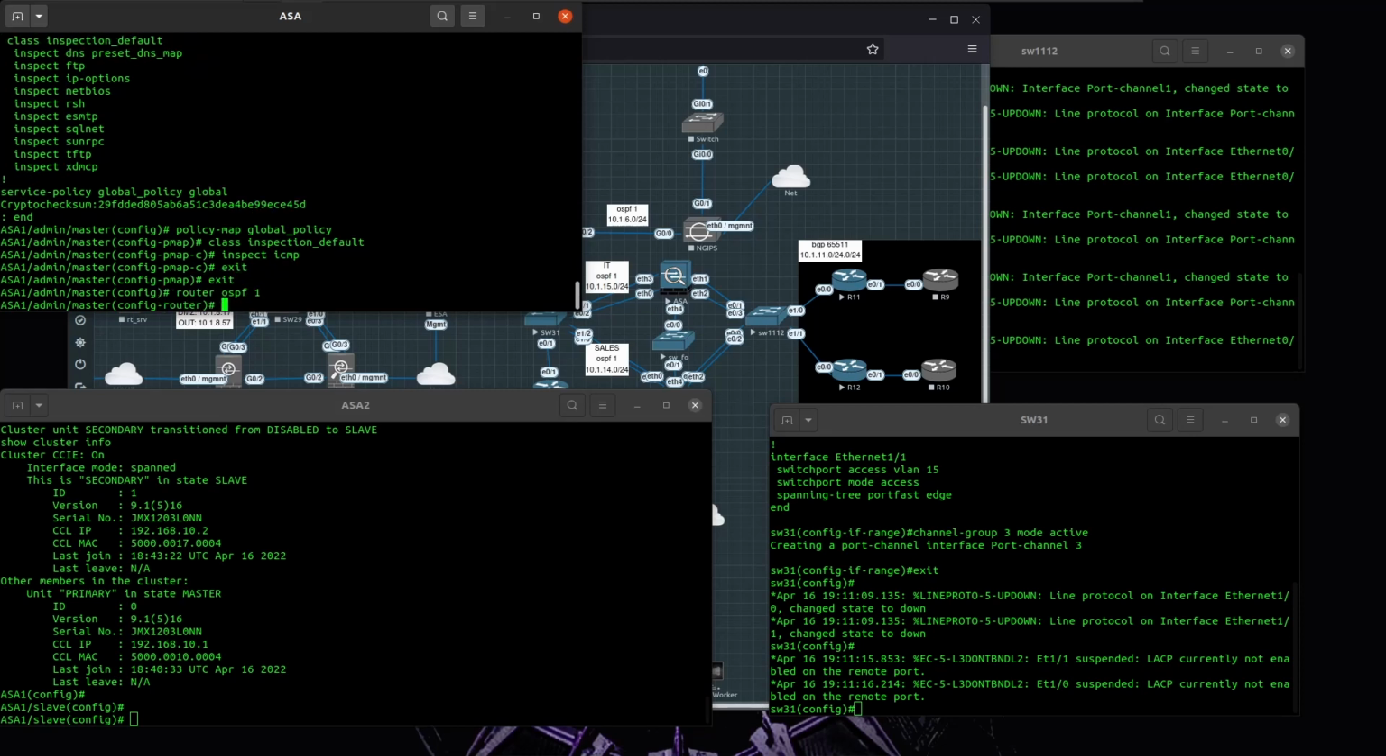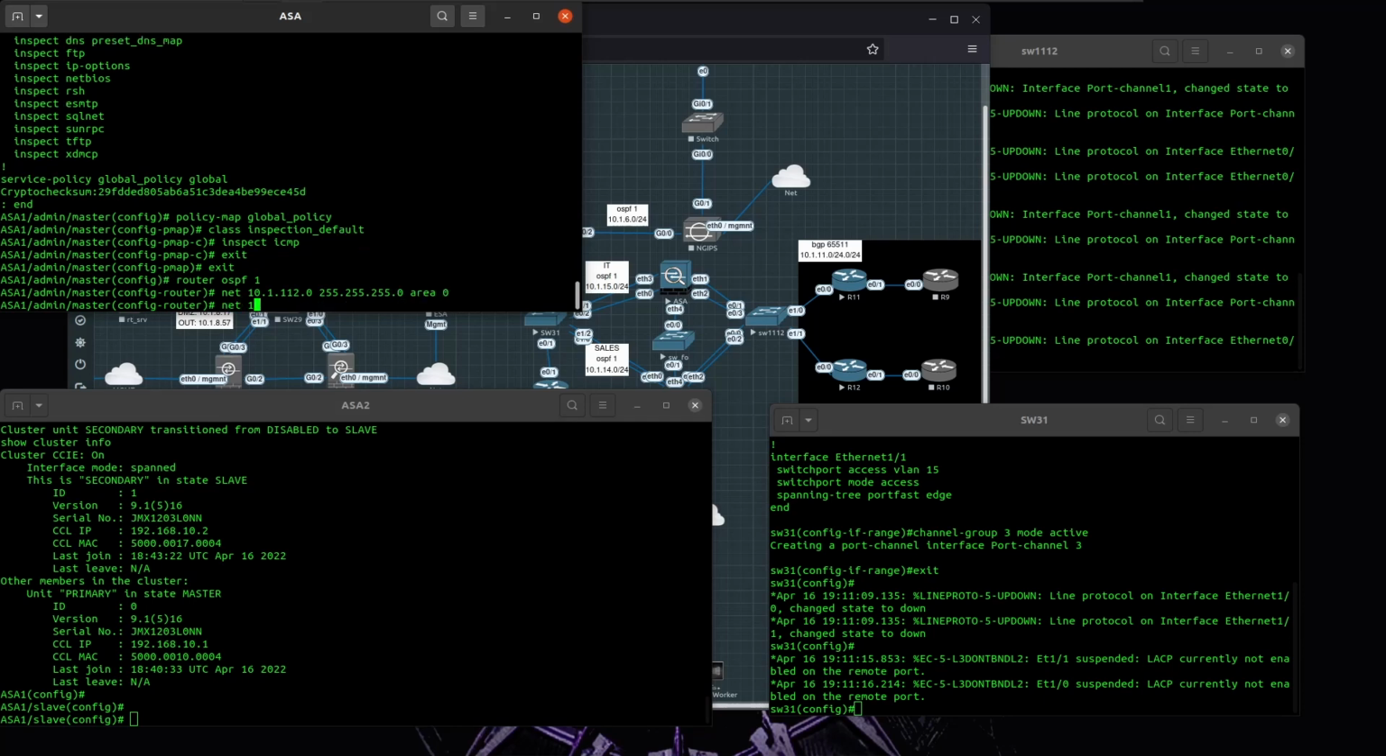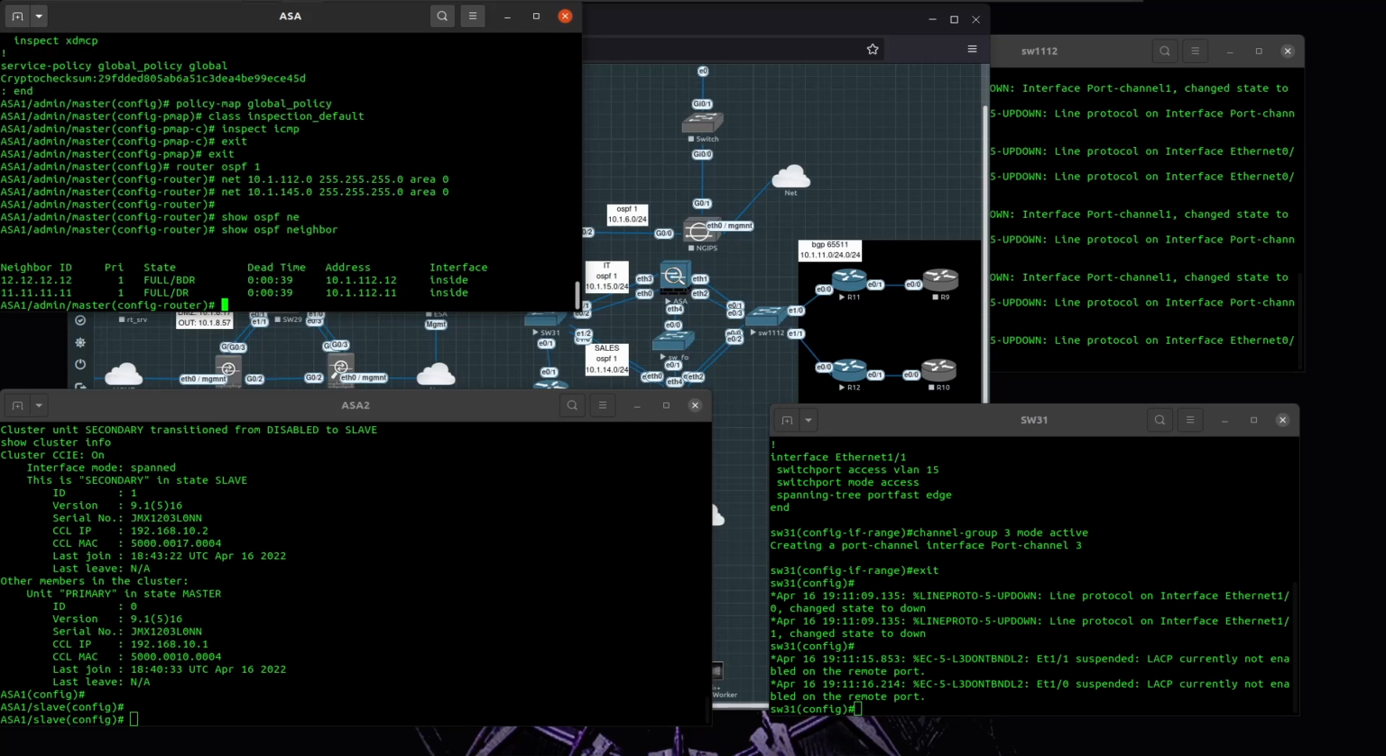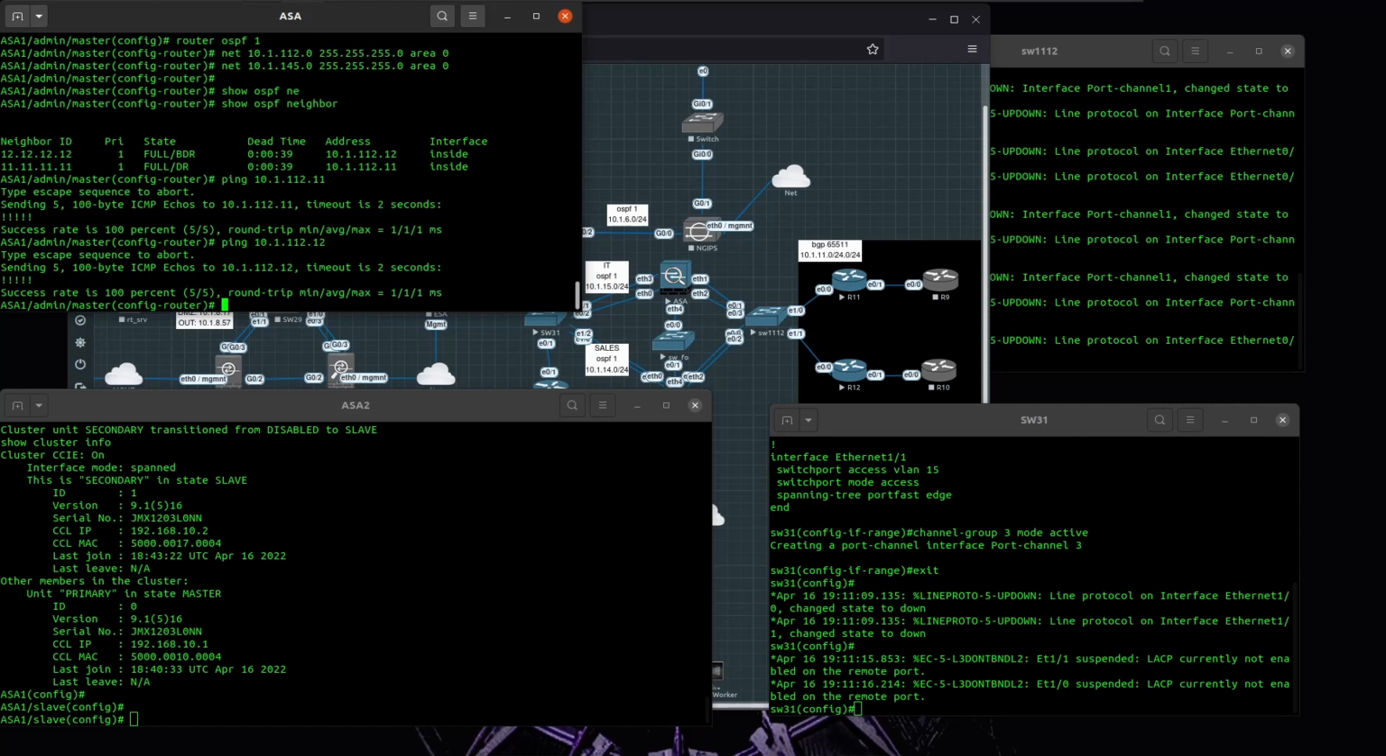I want to enable OSPF 10.1.12 area 0 and 10.1.145.0. Okay, so OSPF enabled. So I'm able to talk with 11 and 12. That's good. Now